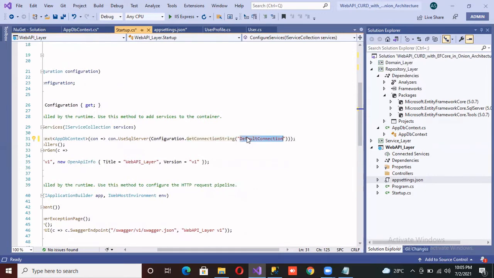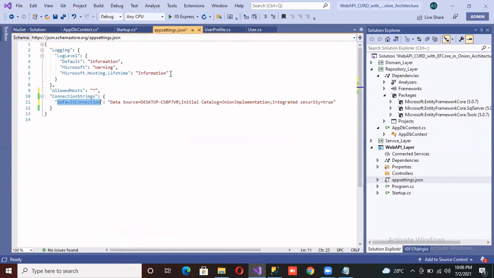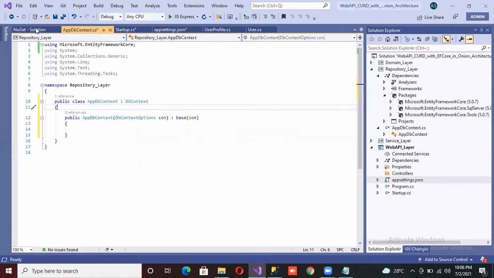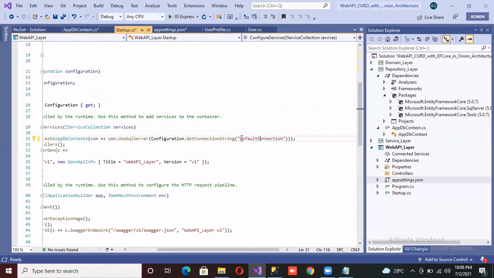If you give another key, like SQLConnection or MyConnection, whatever, you have to provide that particular key here to get that connection string. So to get this connection string, you have to provide this key value inside GetConnectionString.